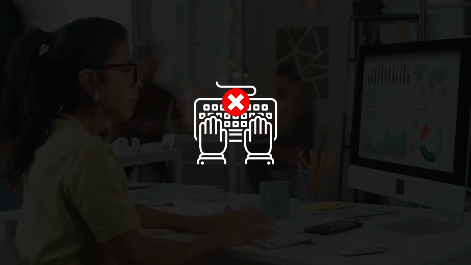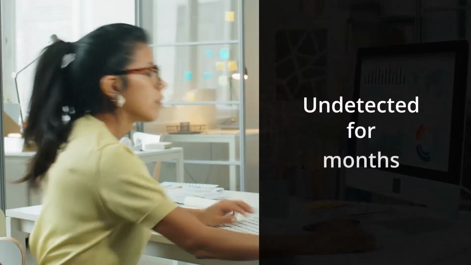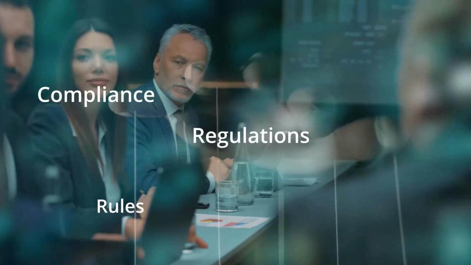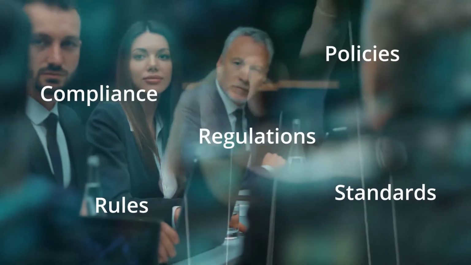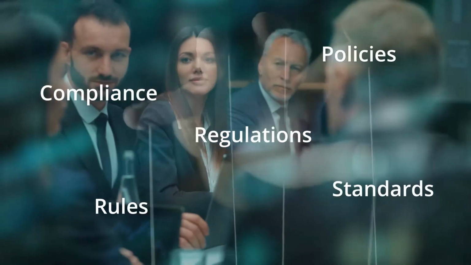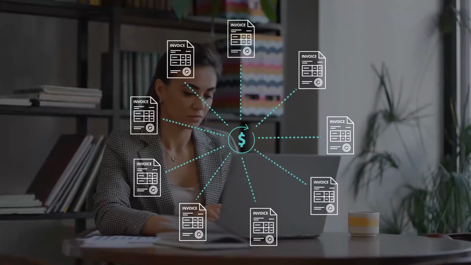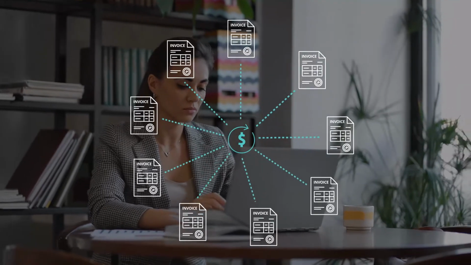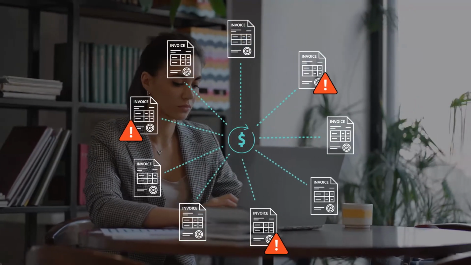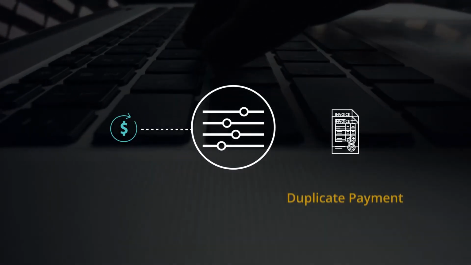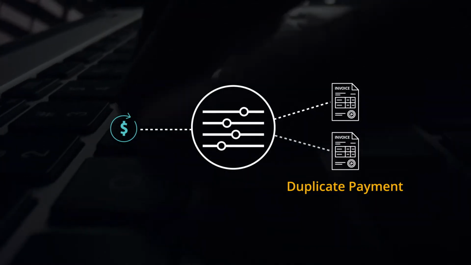Cash leakage, keying errors, and fraud can go undetected for months before being discovered. Companies have always relied on preventive and detective controls, as well as control monitoring, to identify any risk that could impact their bottom line. So, when it comes to invoice payments, errors such as duplicate entries or overpayments should be easy enough to avoid. However, even with multiple layers of controls, it is unfortunately common for duplicate payments to pass